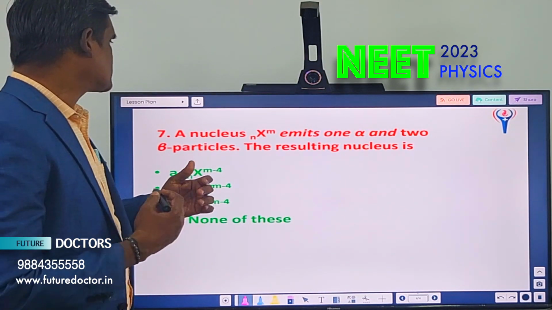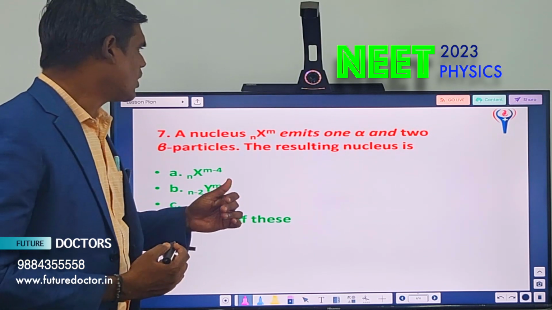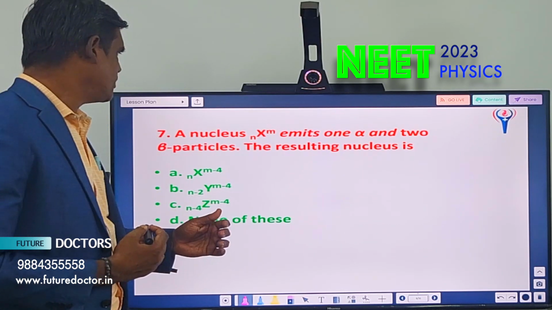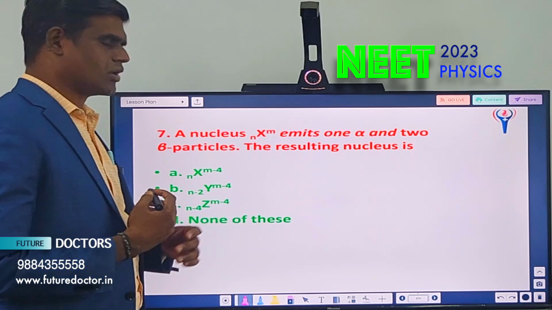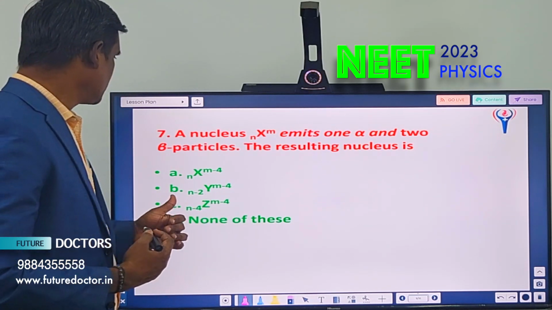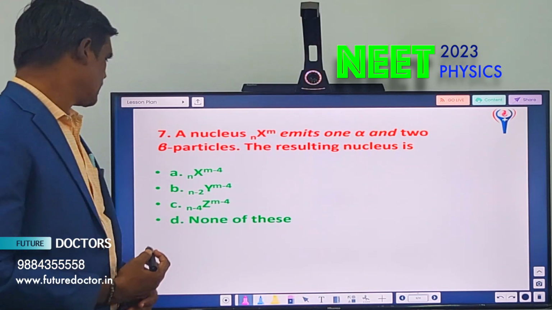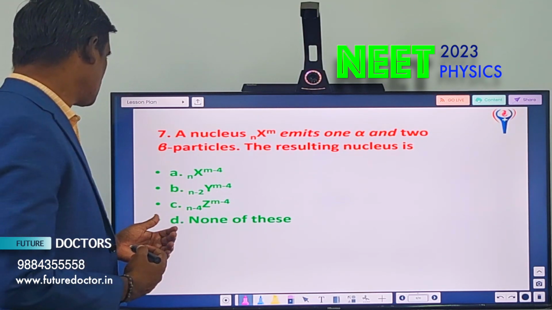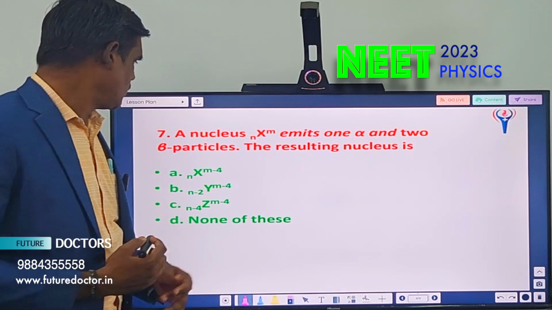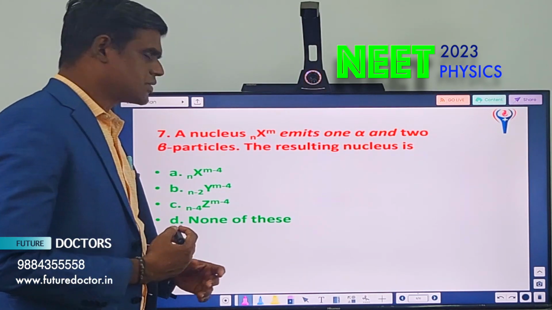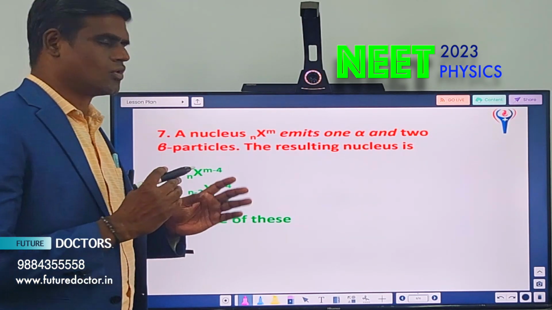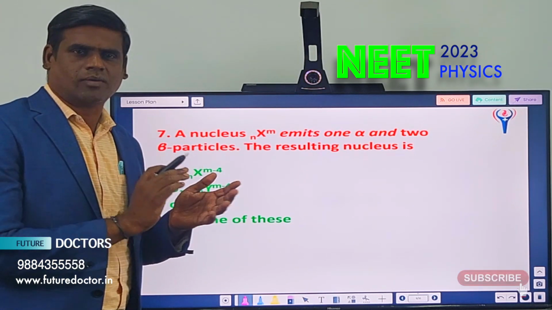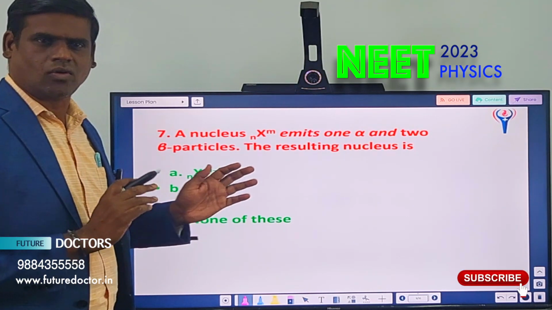A nucleus X with atomic number N and mass number M emits 1 alpha particle and 2 beta particles. The resulting nucleus is dash. A option, X with N and M minus 4. B option, Y with N minus 2 and M minus 4. C option, Z with N minus 4 and M minus 4. D option, none of these. Here you should know the concept of alpha decay and beta decay. By knowing the concept, you will